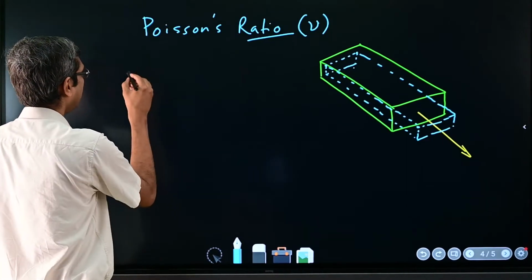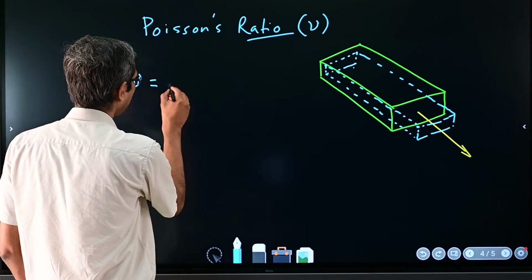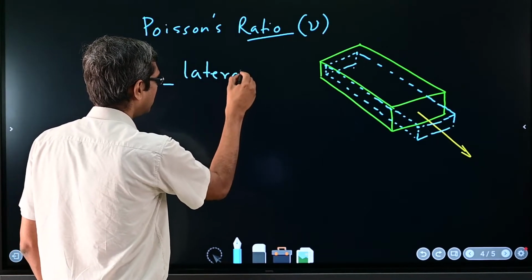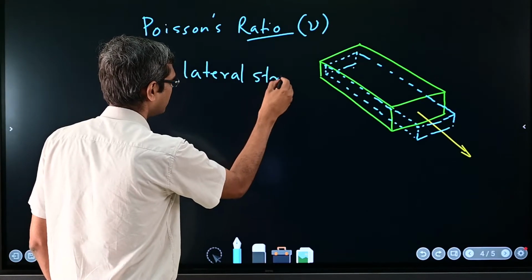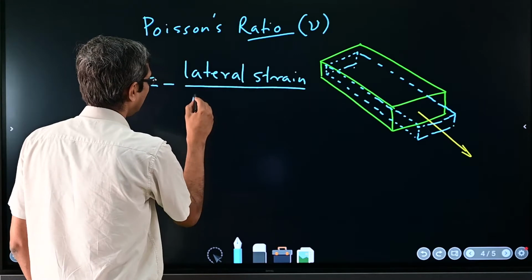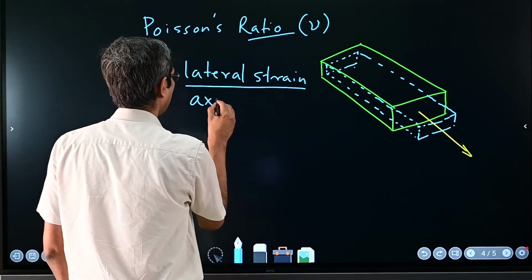It is defined as, say, nu is defined as negative of your lateral strain to your axial strain,